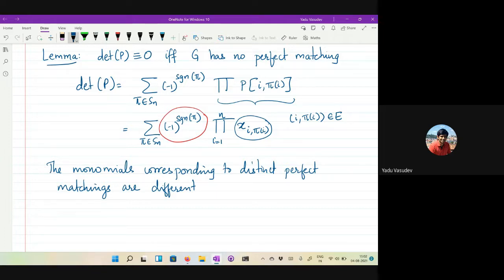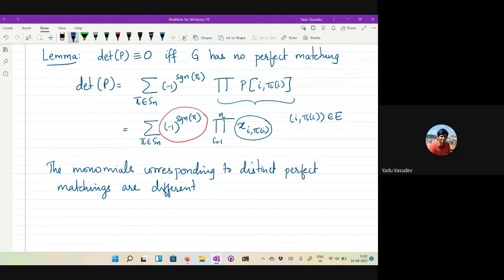Right? So you just take the graph, construct the Edmonds matrix, and then you just evaluate the determinant on randomly chosen points, and you check whether it evaluates to 0 or not. If it does not evaluate to 0, then you know that G has a perfect matching. And if it evaluates to 0, you say that G has no perfect matchings, but you could possibly be wrong, right? Because it need not be identically 0, and yet it can evaluate to 0 at the points that you have chosen. But in any case, it's a randomized algorithm with the same guarantee as we saw for the polynomial identity testing problem.